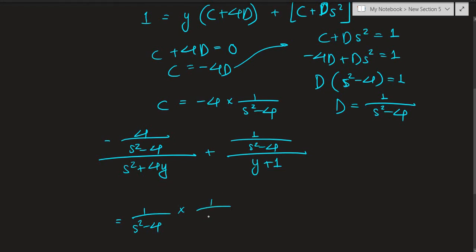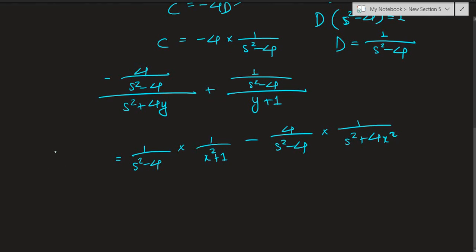Sorry, this will be 1 over y plus 1 because I'm writing the positive term first, minus 4 over s squared minus 4, times 1 over s squared plus 4 times y. Now in the place of y, let's substitute x squared plus 1 and s squared plus 4x squared. So this is going to equal nothing but our original integrand, which is x squared plus 1 times s squared plus 4x squared. Now let's integrate both sides,